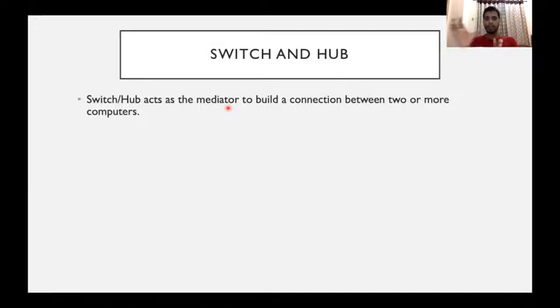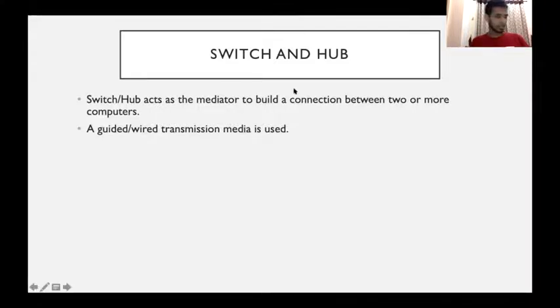If you want to connect a computer, that computer must have the NIC to build the network connections. It acts as a mediator, and it also uses wire transmission mediums. What is a wire transmission medium? Do you know? Can anyone reply? How many types of wire transmission mediums are there? What is a guided transmission medium?